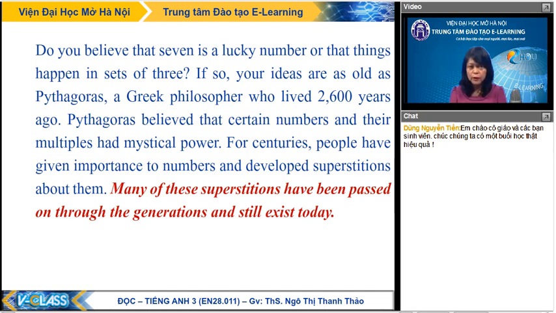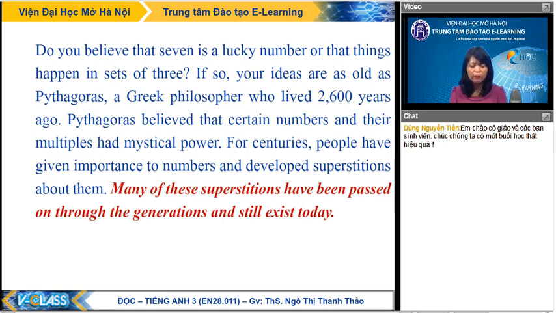This one is actually the first paragraph, or we can call it the introductory paragraph of an essay. Look at the last sentence here. Okay, now I changed my mind. Now look at the first sentence. Do you believe that 7 is a lucky number? All good things happen in threes. So you see that number 7 and number 3 are mentioned here, okay? If so, your idea is as old as Pythagoras, a Greek philosopher who lived